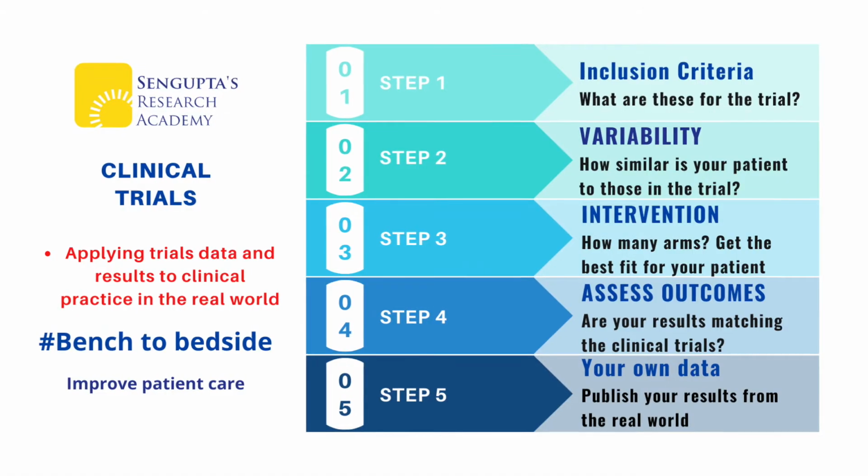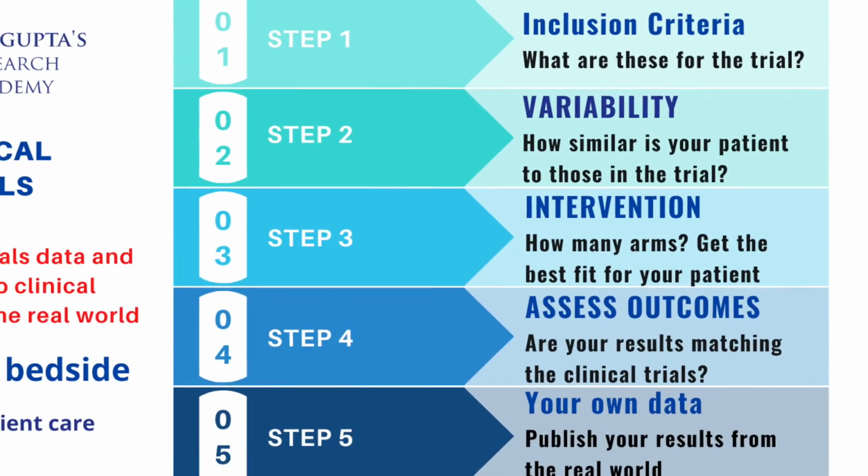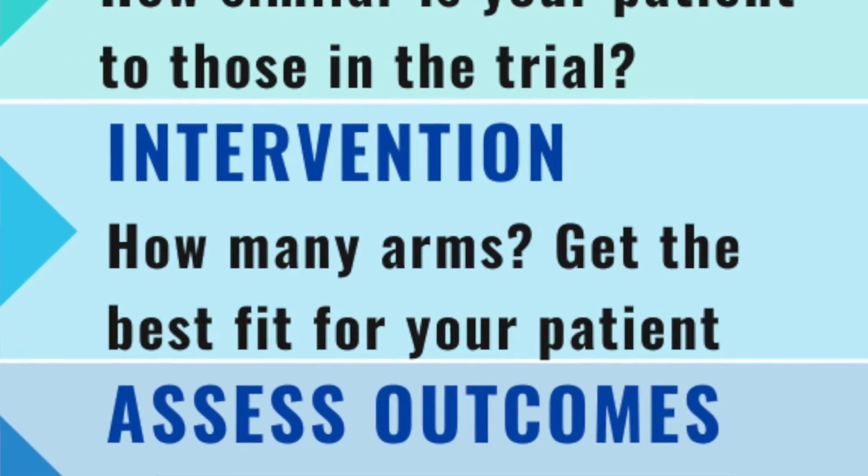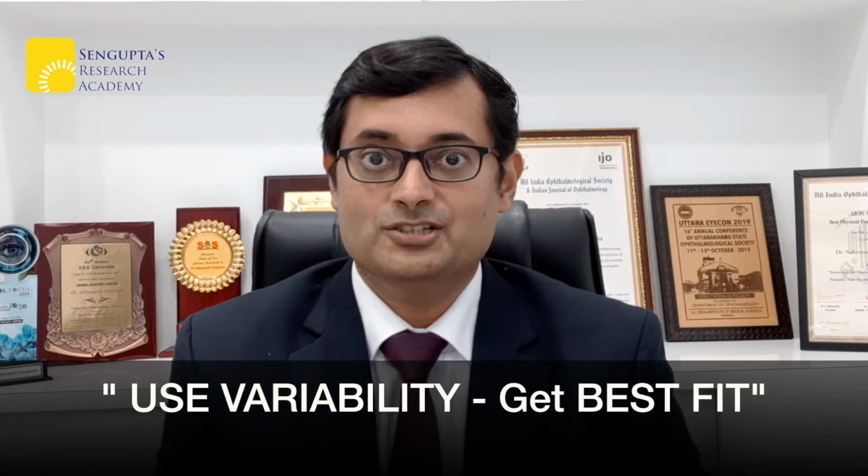Step 3 is intervention. Choose the arm of treatment from the clinical trial that shows the best outcomes as far as possible. Trials often state non-inferiority designs and say that both drugs are equally effective. It takes a lot of subgroup analysis and statistical prowess to tease out data and advocate one drug over another. In such a case, use the variability of your patient and try to find the best fit. After choosing the drug, follow the frequency of drug dosage, follow-up regimen, and tests to be performed at every visit as far as possible. Step 4 is assess outcomes.